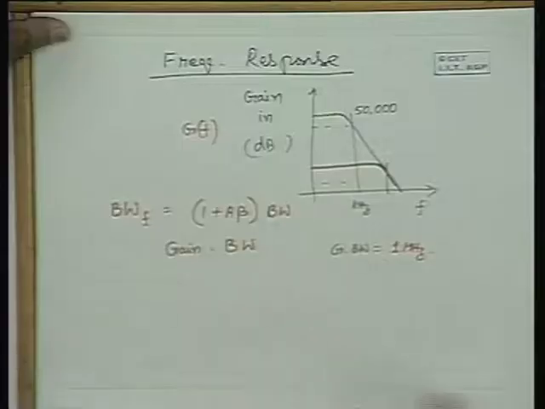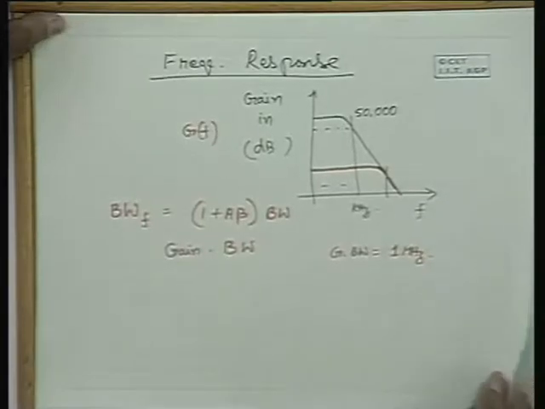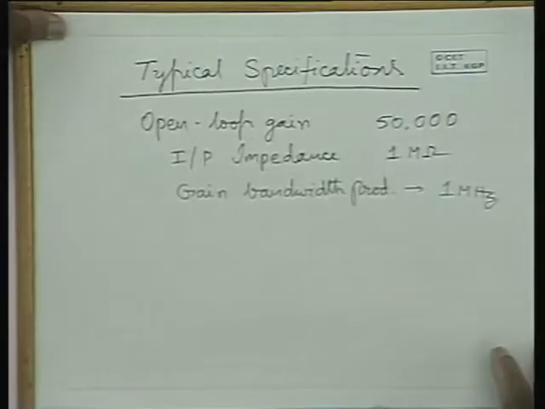If you have an input signal with bandwidth equal to 100 kilohertz and you want to amplify it using this amplifier, you can get a gain of only 10. So the gain bandwidth product is fixed in operational amplifiers. Why is it so? From the principles of feedback amplifiers, it is obvious. Gain bandwidth product is fixed for this slant